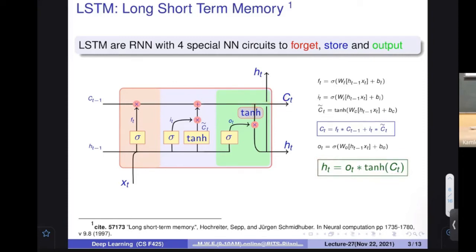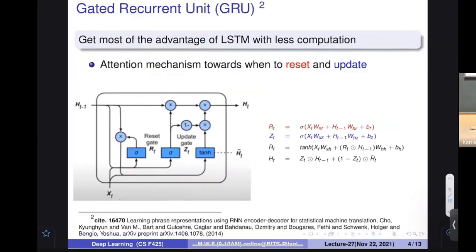Let me tell you, it is a very, very influential paper that has 57,000 citations to date. Okay, and this paper came out in 1997. As you know, at that time it was very difficult to train these kinds of systems, so people were not using this. For very long, at least 10 years, people were not using this kind of circuit. But recently, you can see at various places that I'm using LSTM, many people are applying LSTM. So this is the overall circuit. Any questions on that? So a very interesting paper, okay?